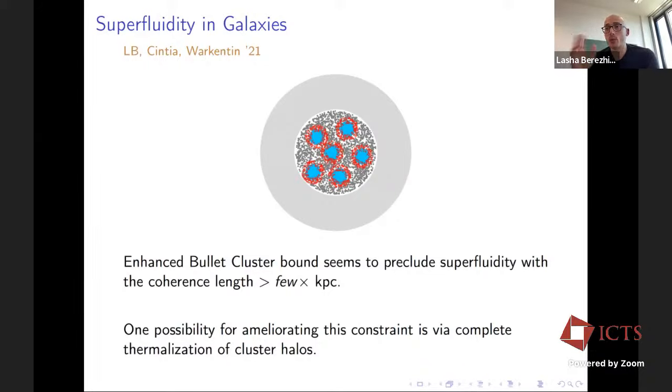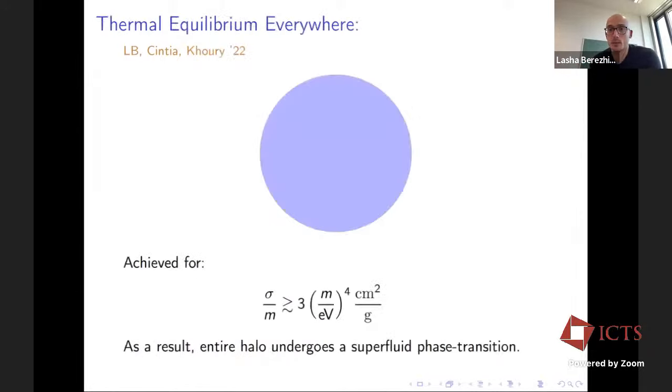to argue, so you go through the fire, basically, that the entire halo must have undergone the superfluid phase transition, and to end up in a phase space that is not the phase space of an overpopulated gas, which I'm going to discuss now briefly. I'm running out of time, I know, but feel free to cut me off anytime. I'll try to finish quickly.